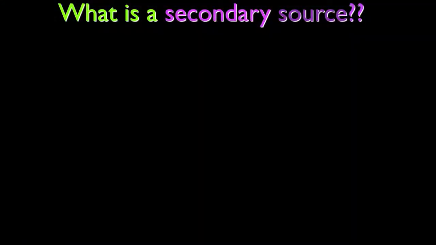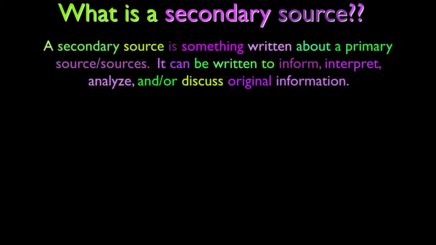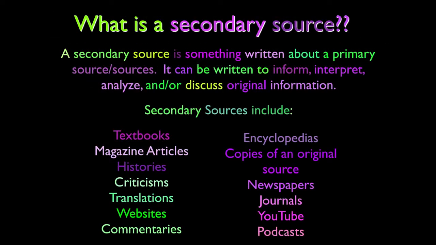What is a secondary source? A secondary source is written from primary or other secondary sources, or both, and it can be written to inform, interpret, analyze, and/or discuss original information. Secondary sources include textbooks, magazine articles, histories, criticisms, translations, websites, commentaries, encyclopedias, copies of an original source, newspapers, journals, YouTube,